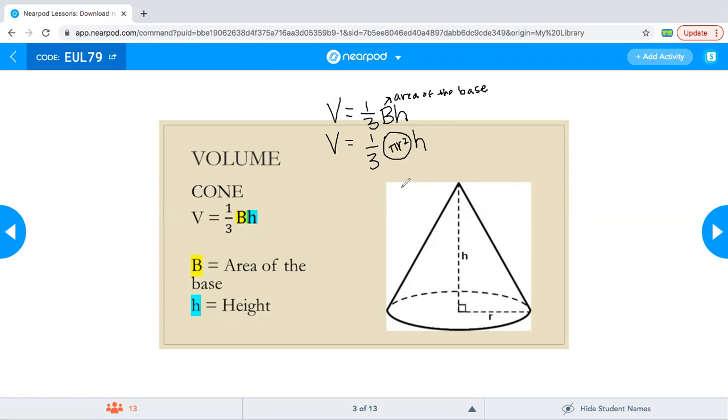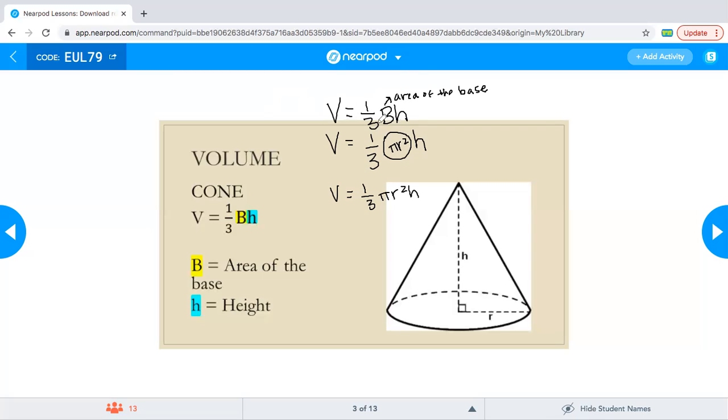Again, this is not something that I just know off the top of my head. It's something on your formula chart. So the formula will break down into 1/3 pi r squared times height. Some of you might be wondering, why do you keep writing this first formula, the capital B times H? Because this is the one that's on your formula chart. Why do they not just put this one? I have no clue, okay? But this one right here is the one on your formula chart, and you have to know that it breaks down